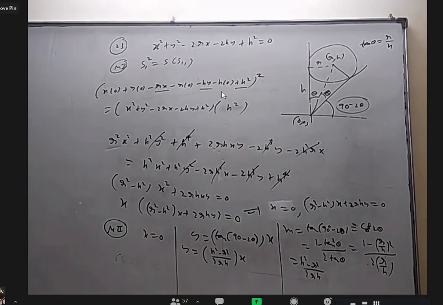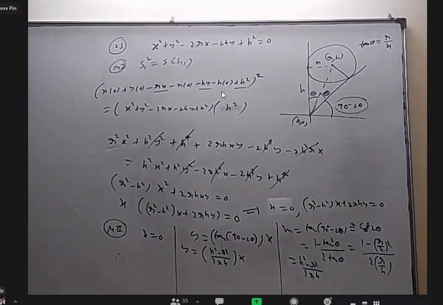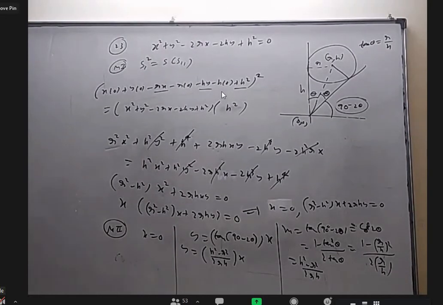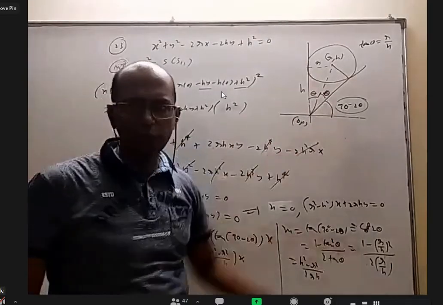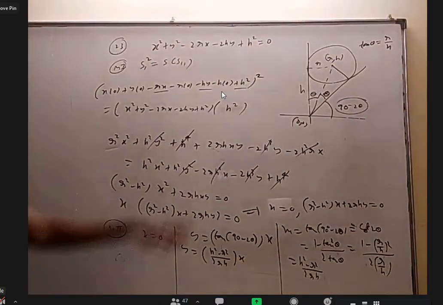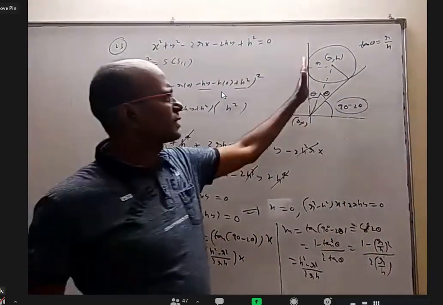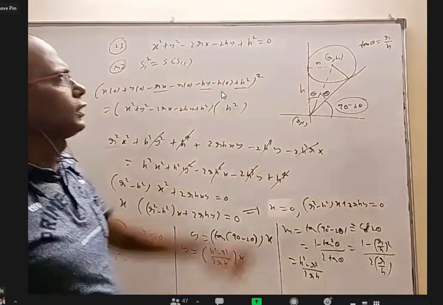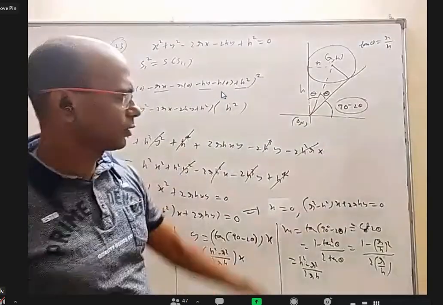Anybody any doubts in this 23rd? The second method. Okay. From the figure, this line is the y-axis tangent already because from the center, perpendicular equal to radius is already matching. Here f square equal to c means touching the y-axis. Other than this tangent, to find the other tangent you have to find the slope only, it's passing through the origin. If this angle is theta, this angle is theta, this is 90 minus theta, slope will be tan(90 minus theta), cot 2 theta.